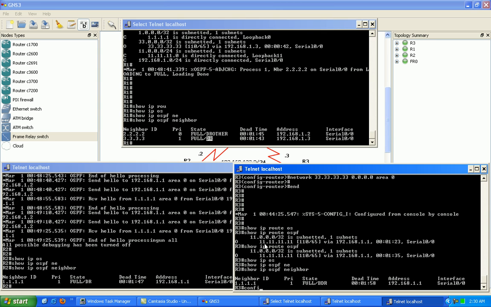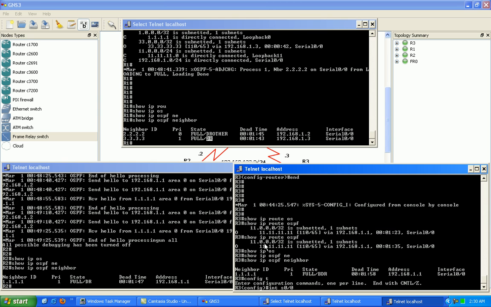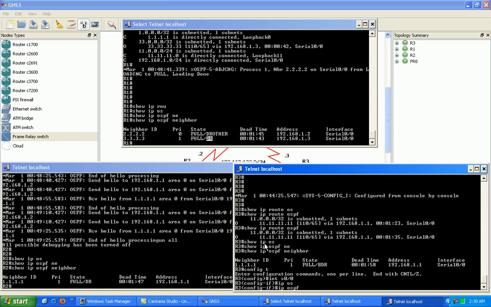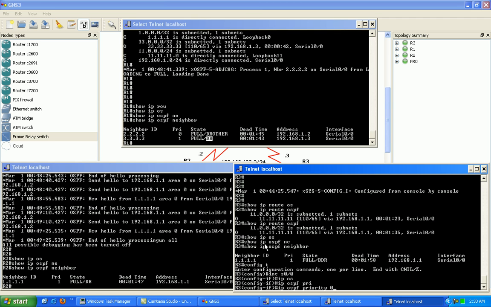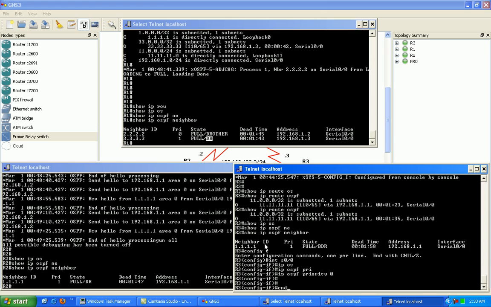If we go to router 3 and just configure the serial 0/0 interface as not being able